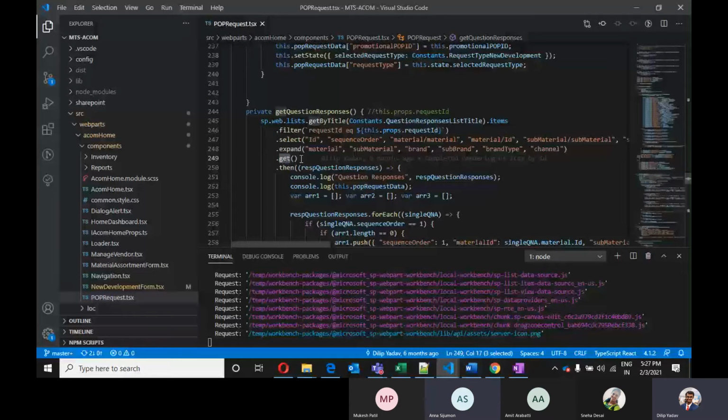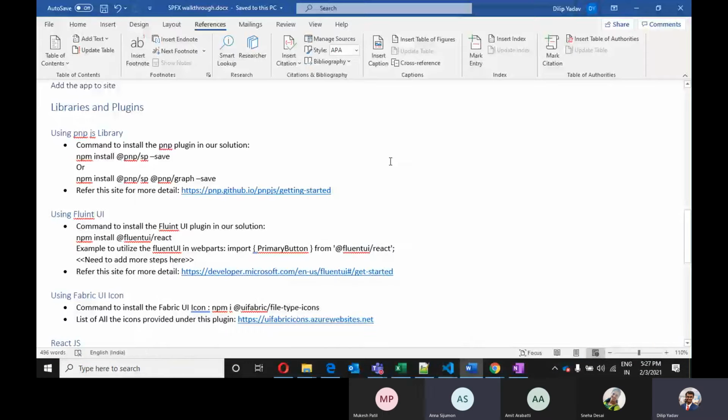It is very good to utilize in our application. To utilize this, we have to install it in our SPFx solution in Visual Studio Code, using this command. If you want to study more and understand it in detail, you can refer to this site.